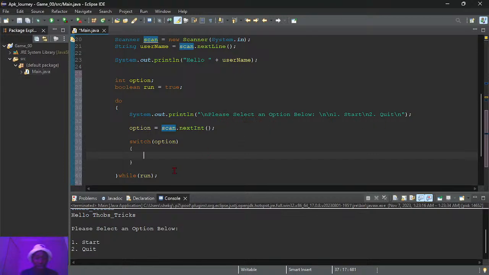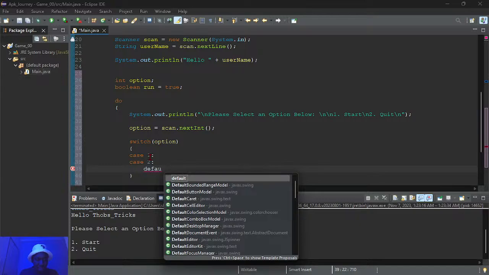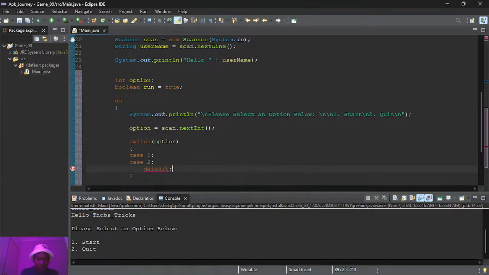So we're gonna have something like, if it's case one, we do something. If it's case two, we also do something. But otherwise, I don't know. Is there an otherwise? Oh, default. I'm not sure if it's there. Oh yeah, it's there. Default. Then we do something.